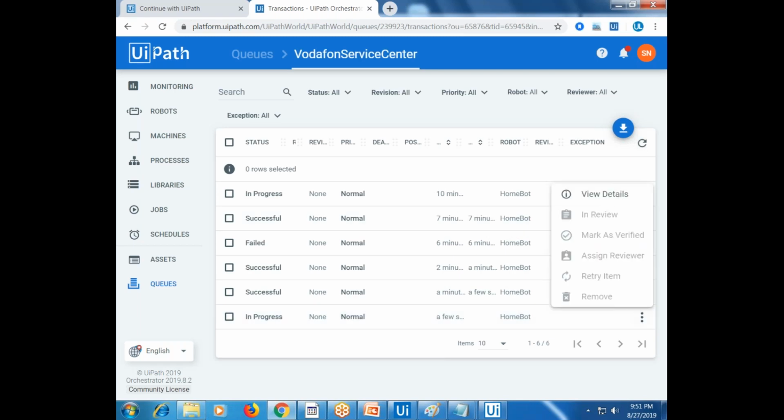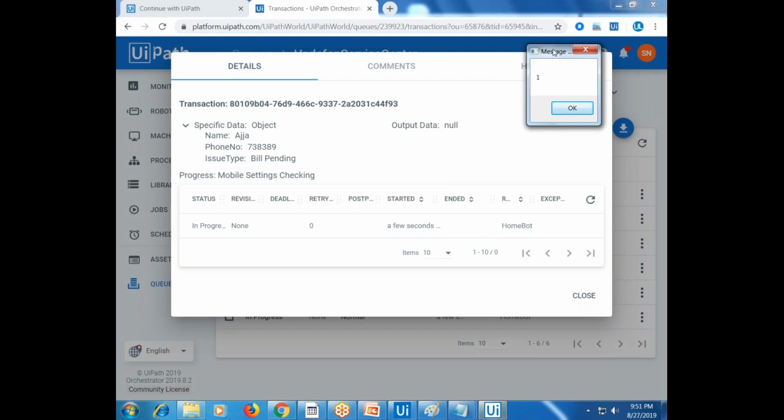now the last one. See here, yeah, see here the progress. So you can see now the progress item is there, right? For the Aja, there is a progress as a mobile setting checking. So if you just refresh,